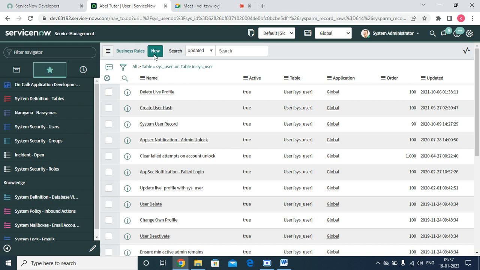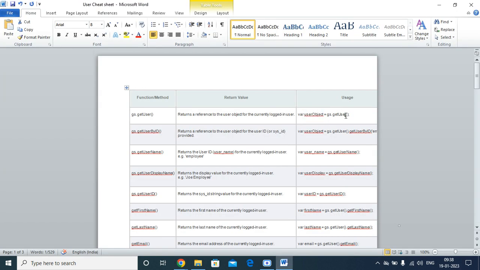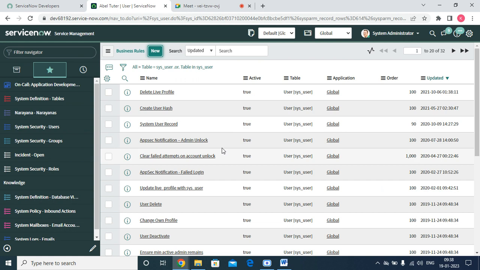Okay, I'm just writing one business rule. So whenever the record is updated, it will show something using one method. What is this method? The logged user. For example, if I am going to write here,